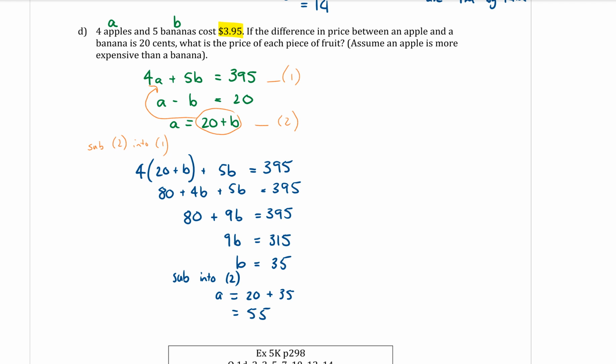So remember my question was, what is the price of each piece of fruit? So let's answer it. Therefore, apples cost, where was the apple? A for apple, 55 cents. And bananas cost 35